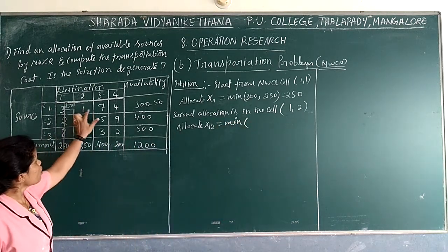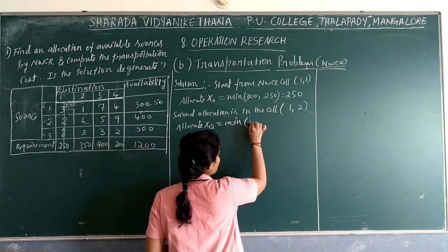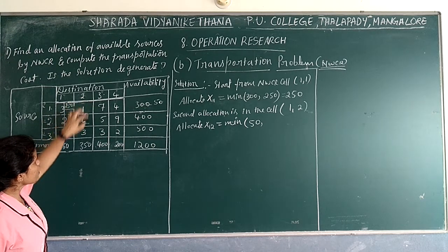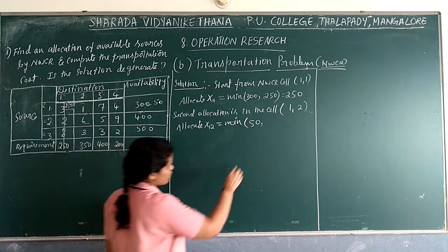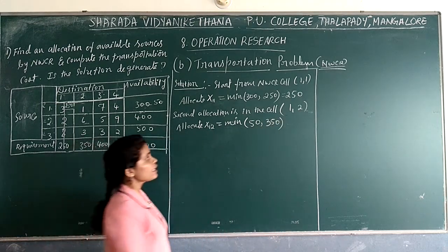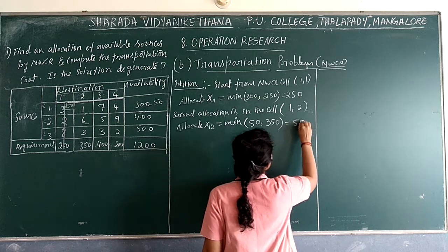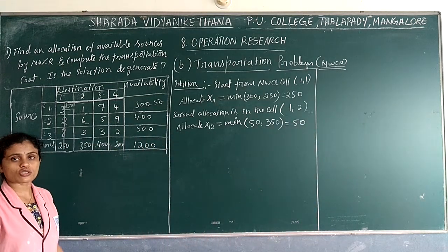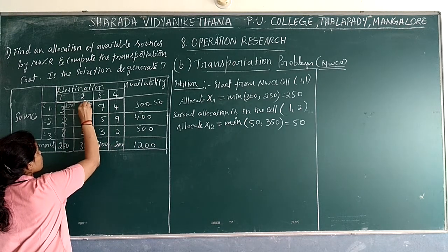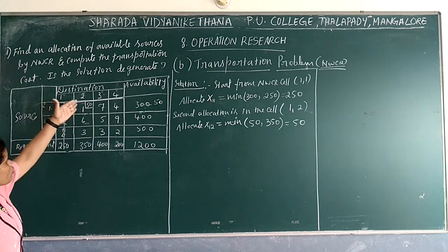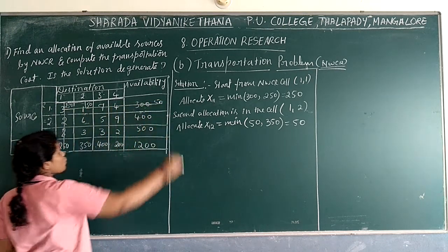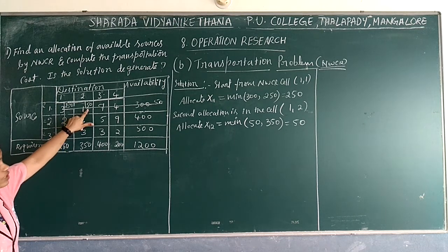minimum. Now see, what is the availability? Firstly we have to see the row there. 50 availability in this particular row. What is the requirement? Requirement is 350. What is the minimum there? Minimum is 50. We can give only 50 because we have only 50 quantities of goods. So we are allocating 50 here. Okay. Now which gets satisfied here? This particular row gets over.